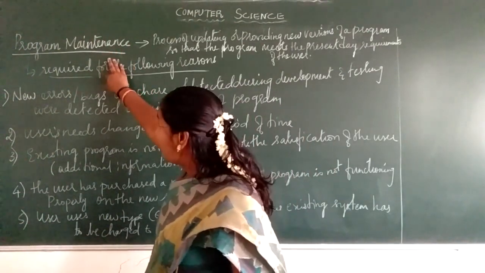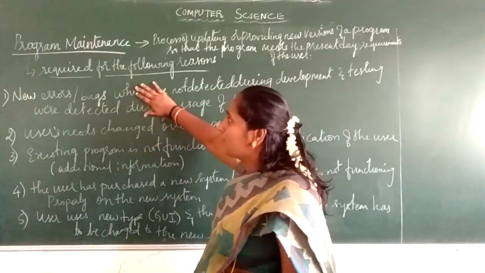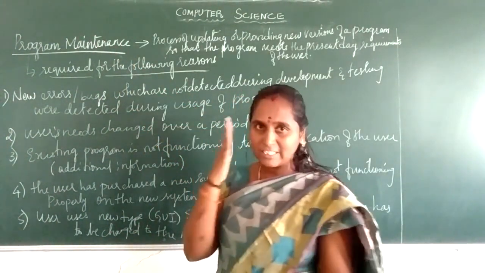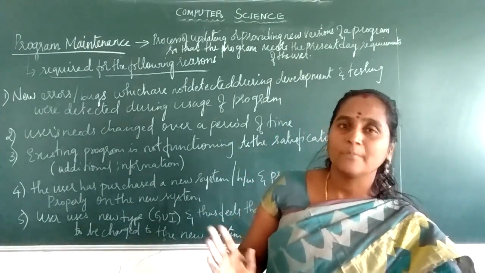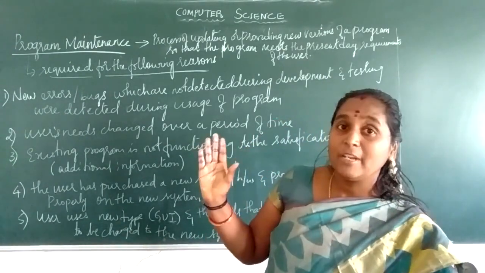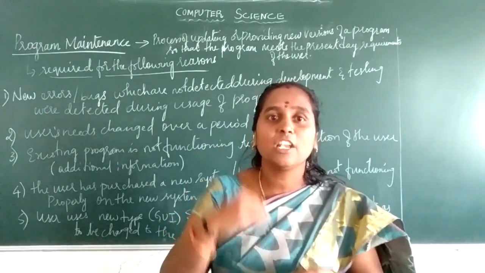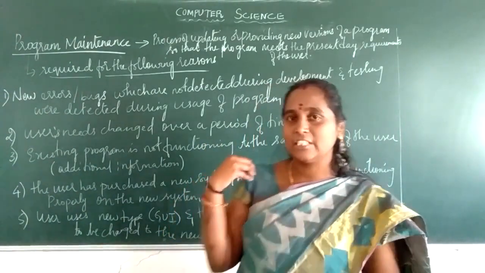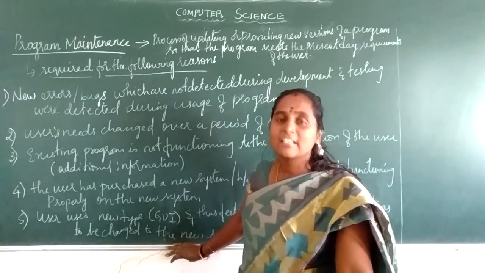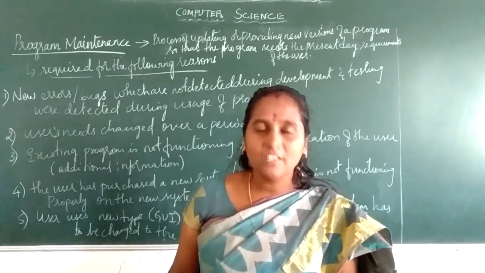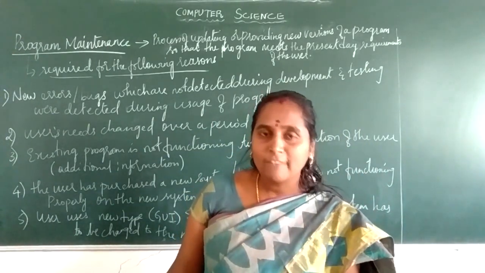In program maintenance, everything can be given as guidelines for each new version. Once the documentation is done, the next step is that you have to maintain the program. So with the help of program maintenance only, a new version satisfying the present requirement of the user can be created. So these are the 6 stages of your problem analysis. First one is your problem definition, then you go to analysis, third one is your algorithm and flowchart.